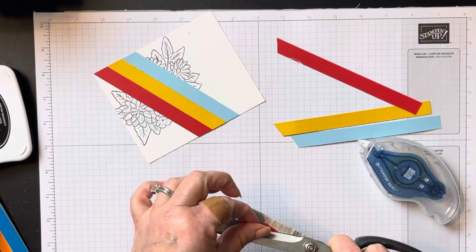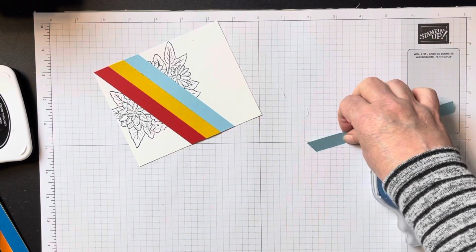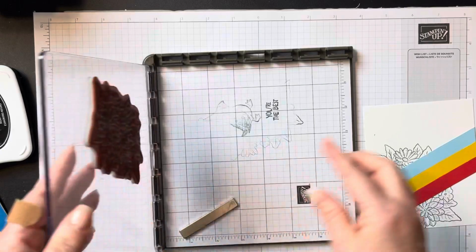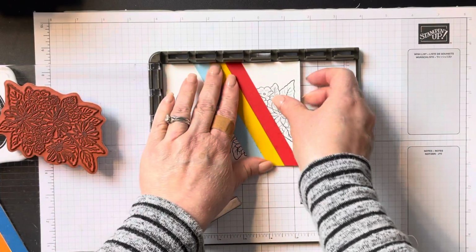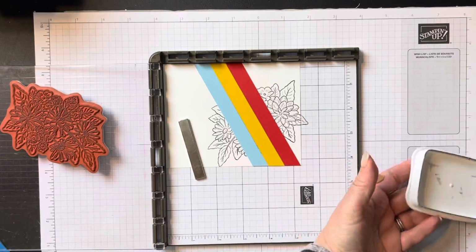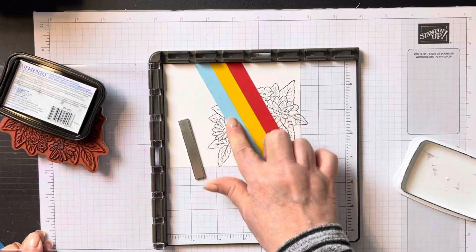And then, of course, you've got enough strips here that you can make one more identical card, which is really nice. So we're going to pull the Stamparatus back in. I haven't moved anything at all. And I'm going to put that back in place. And then again, we are going to stamp that. I'm going to put some fresh ink, and I'm really working on that center area